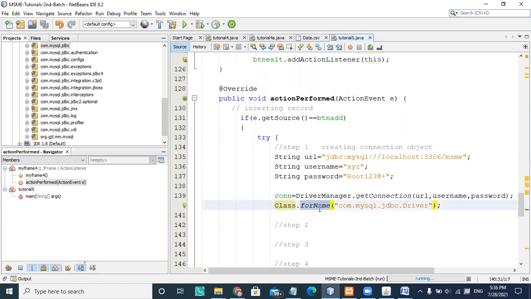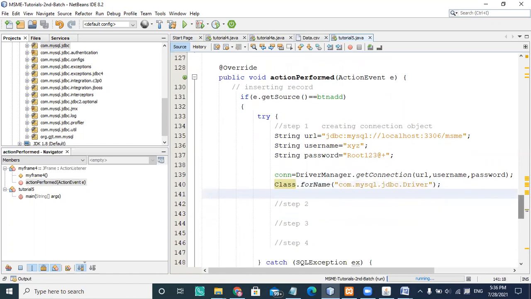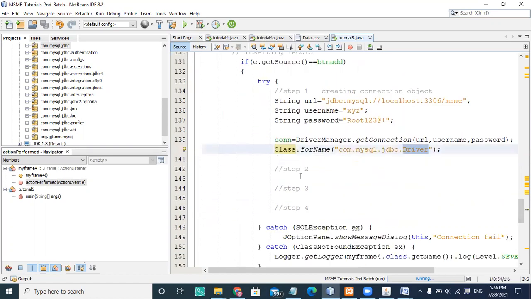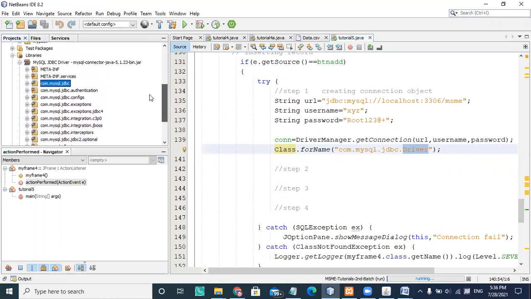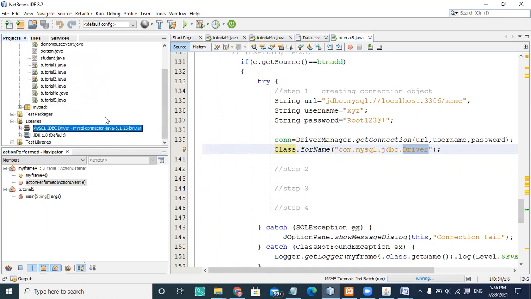So forName is responsible for creating the object of the type 4 driver. You can't write it like driver equal to new driver. So that is another way of creating an object of a specific driver type: type 1, type 2, type 3, and type 4. We are using the type 4 driver, which I already installed in my libraries, and that is the reason I'm able to do that.